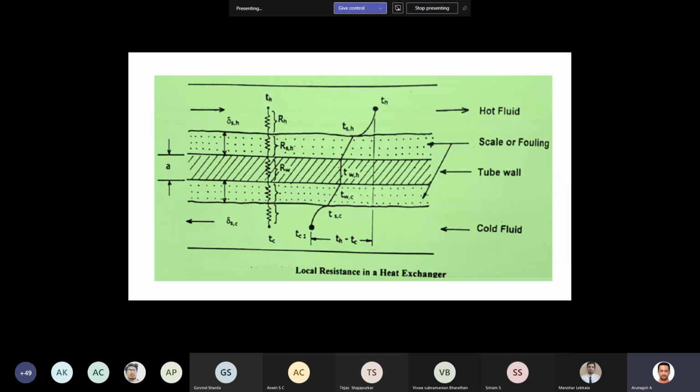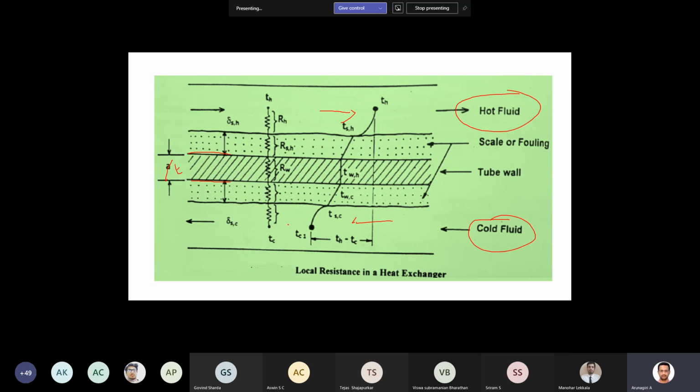This is your tube wall. So this tube wall separates the hot fluid and cold fluid. The thickness of the wall is x, or you can say t, whatever it may be, some books use t, okay. So this is the metal wall, with hot fluid and cold fluid on the two sides. If the cold fluid flows outside, the hot fluid goes on this side and the cold fluid goes on the other side of the tube wall, okay.